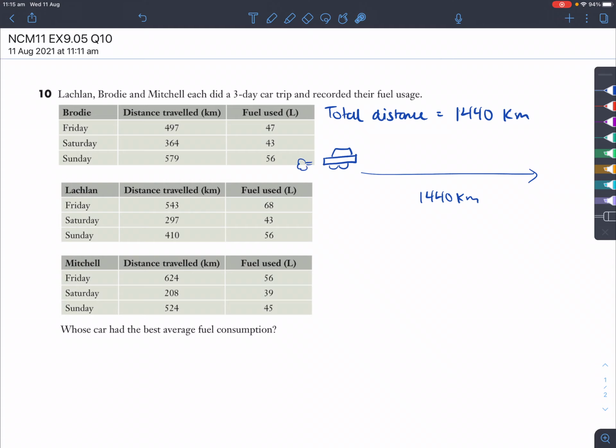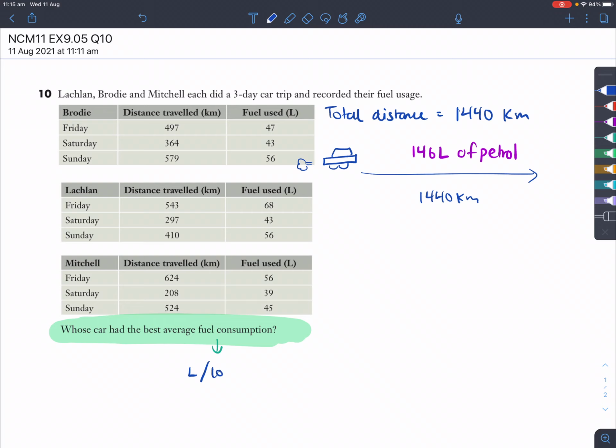And so the fuel used for this trip is going to be a total of all these numbers. Okay, so you have basically used 146 liters of petrol. So what you've got to do here to find out the best average, just highlight that, so the best average fuel consumption here is